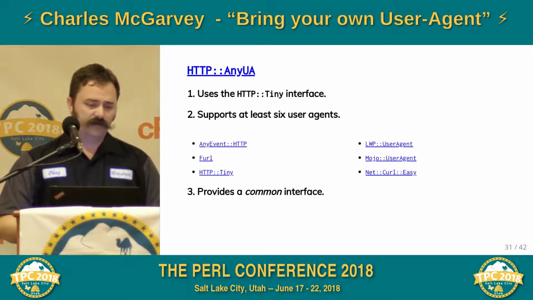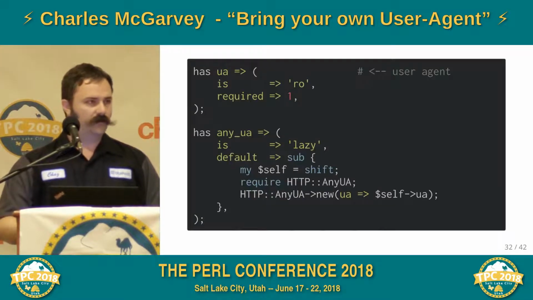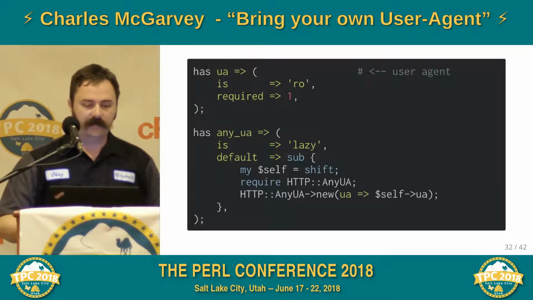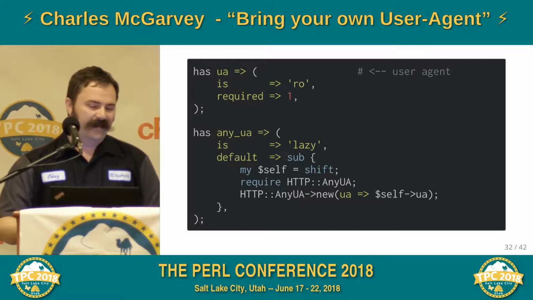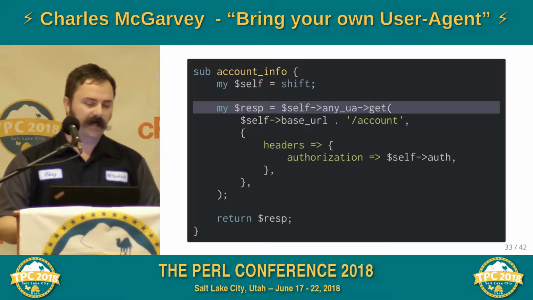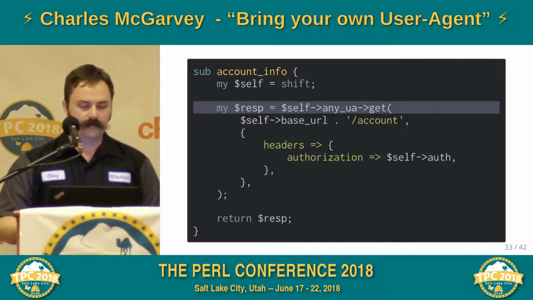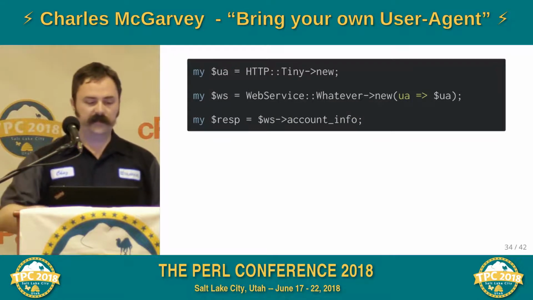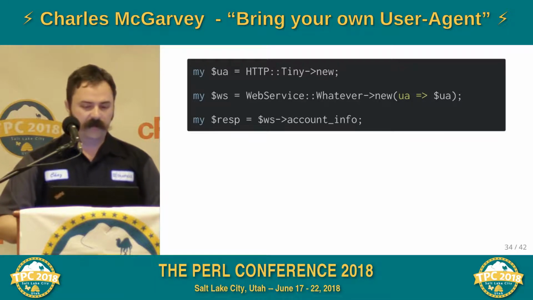If I was implementing a web service module, this is what it might look like. Through dependency injection, I still accept a user agent from the outside, and within my web service, I construct an AnyUA module that wraps the UA. In the methods that actually do things, I just use the AnyUA module as if it were HTTP::Tiny, and the user of this web service would use it something like this. They construct whatever user agent they want, they pass it in, make method calls on it. The difference is